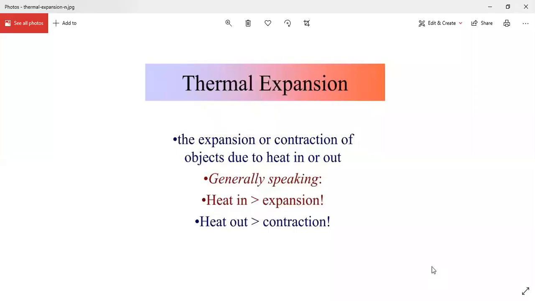Now the last step of all these things: we must generally look into thermal expansion, the expansion or contraction of objects due to heat in or out. Generally, heat in is expansion and heat out is contraction. This is going to be your key point and your summarized point for the entire topic that we have done so far. Whenever the heat is out, it is contraction, and whenever the heat is in, it is expansion. In means gain, out means loss. जब भी हीट गेन होती है एक्सपेंशन हो जाता है, जब भी हीट लॉस होती है हमारा कॉन्ट्रैक्शन हो जाता है।